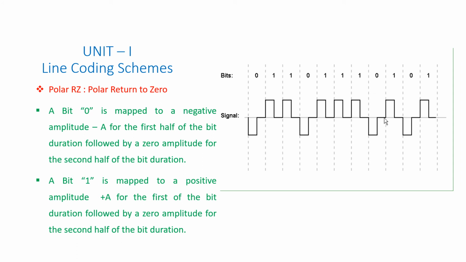Here you can see for the case of 0 it is going to 0, and for the case of 1 also it is 1, okay, and coming to the idle state again it's 0. So to some extent it is resolved, differentiating what is 0, 1 and idle state, but the circuit to develop this type of waveform is a little bit complicated.